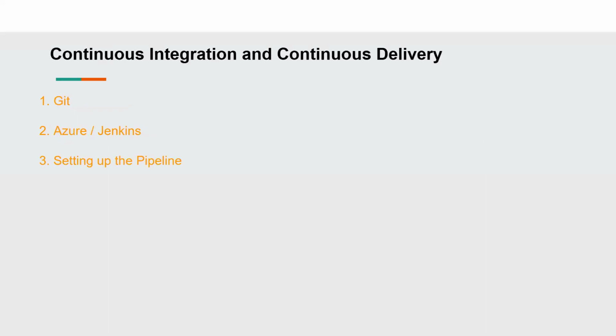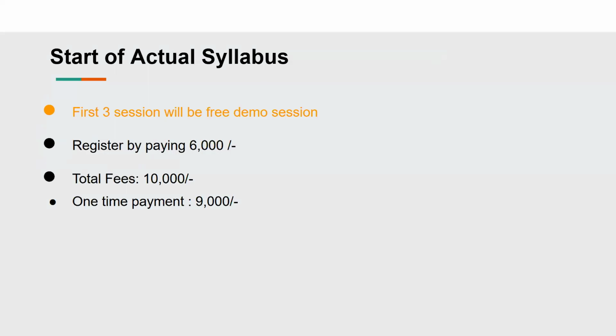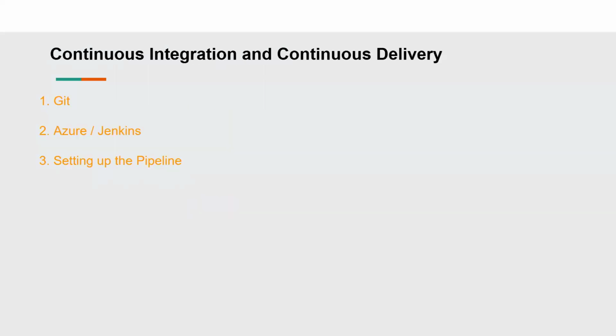Yeah. We'll look at Git. We'll have a brief session for Git so that you start working on Git, right? You know what exactly is Git, what are the important commands, right? And we'll also see the CI/CD toolsets, right? Jenkins as well as Azure DevOps, and we'll set up the pipeline. Okay. So this is all about the course that we will be taking up.